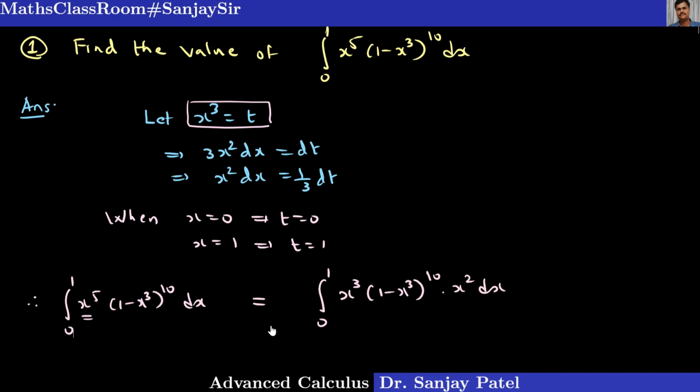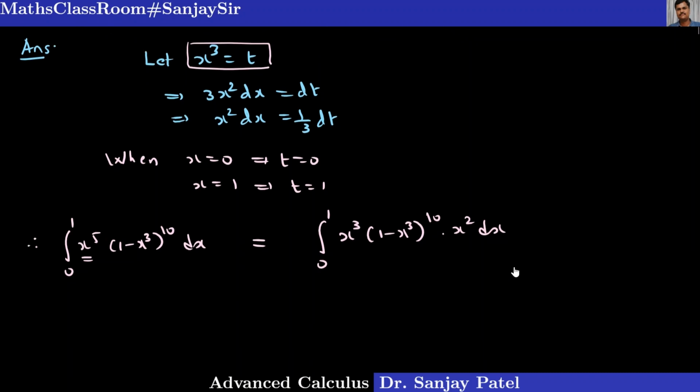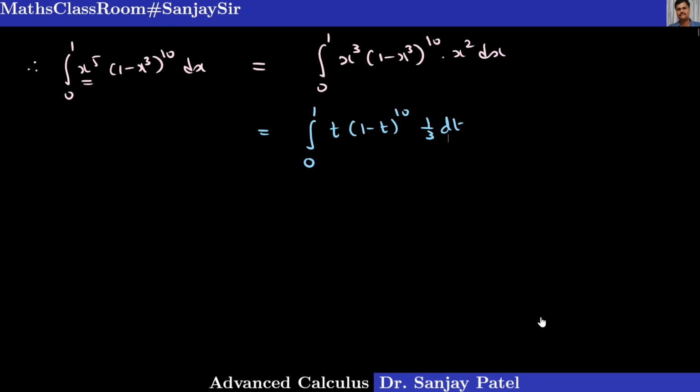So I can now substitute x cube is equal to t, and the new limits of integration. So this gives me t equal to 0 to 1, x cube is equal to t, 1 minus x cube, that is (1 minus t) raised to 10, and x square dx, that is 1 by 3 times dt. It is already obtained here. So this is equal to, it is now in the standard form of beta function. So if you compare with the